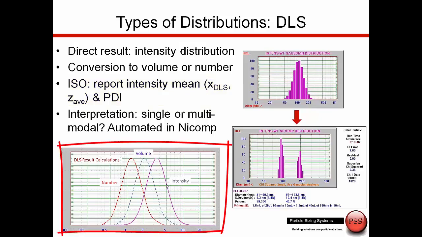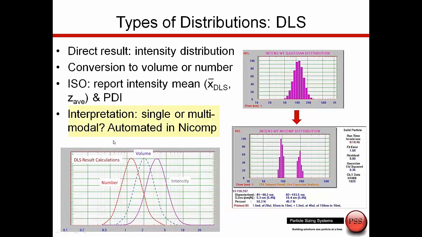As you look down in the lower left, this is an intensity distribution. It's always larger than the volume or the number distribution. We should only really be converting this when we're trying to compare to other results such as an SEM or TEM result. Now, the data interpretation trick with dynamic light scattering is sometimes, was this result really a single peak